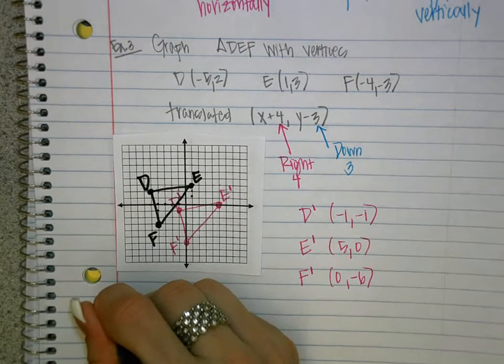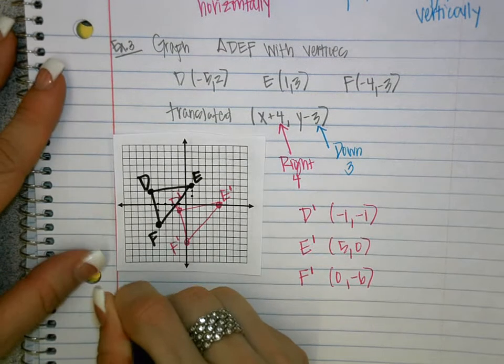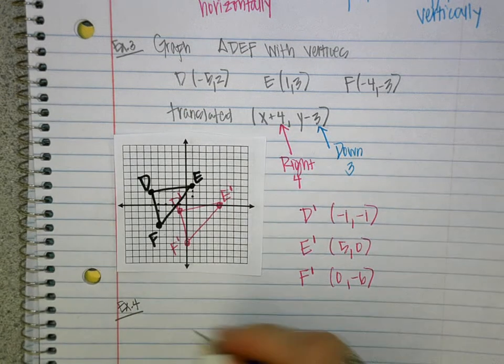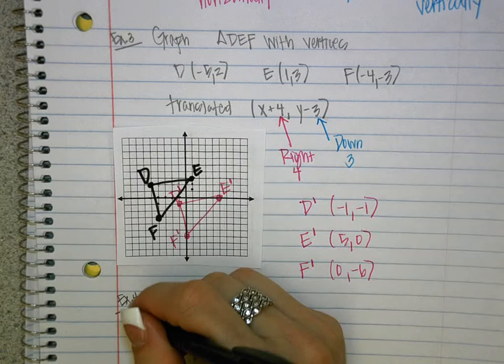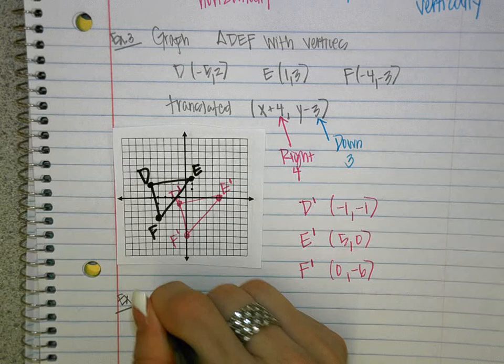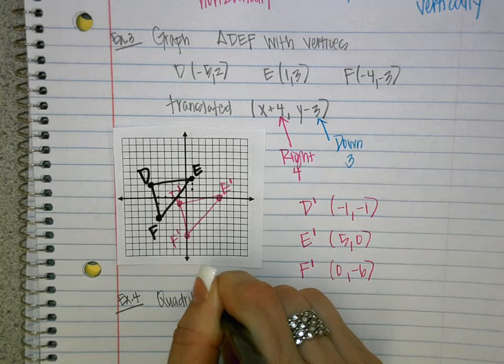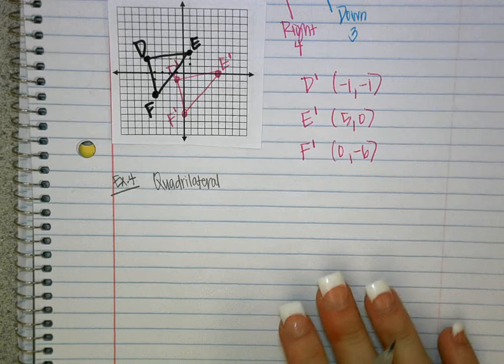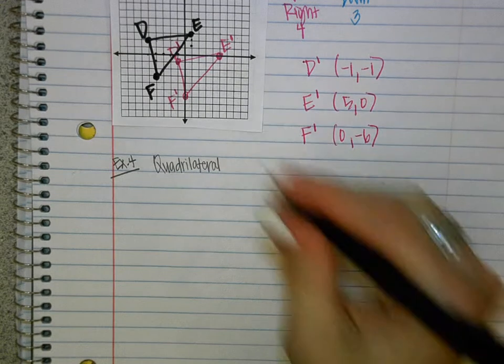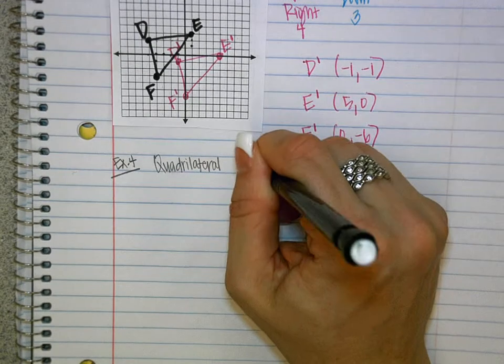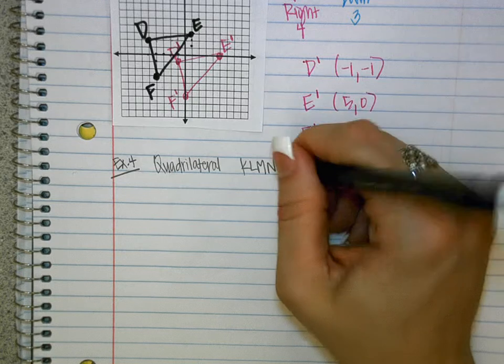Okay, number 4, last one. This one's going to be the most difficult. I would like you to sketch quadrilateral KLMN. A quadrilateral is going to have how many sides? 4. That has vertices,